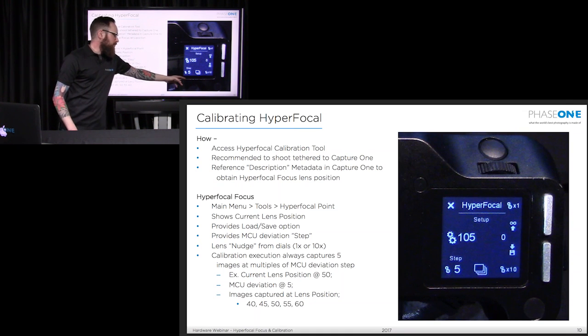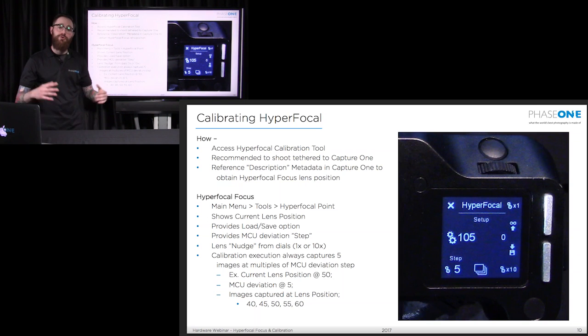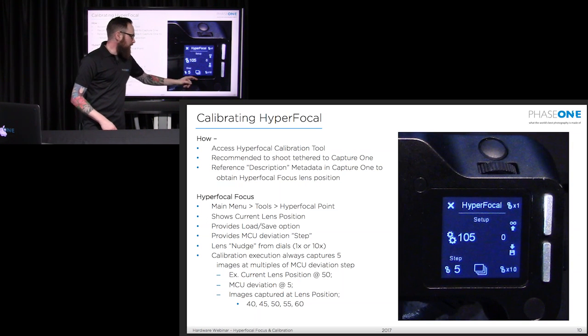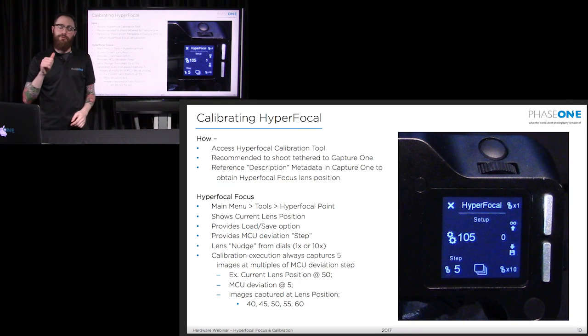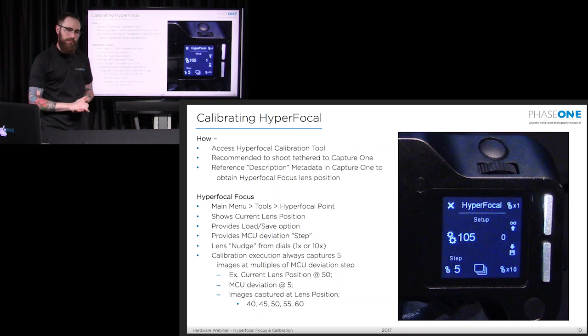So the dial that's typically there for ISO is where you can change how big the steps are. And with any calibration, it's always good to start big and refine as you go. And then this little icon here relates to the rear button, and that's to execute the calibration. And again, don't worry if you didn't catch all of that. I'll go over it on the camera in just a moment.